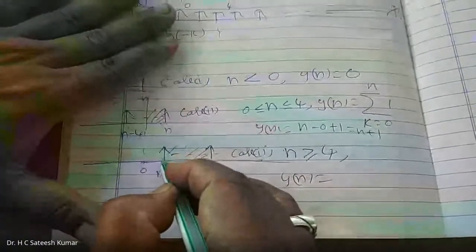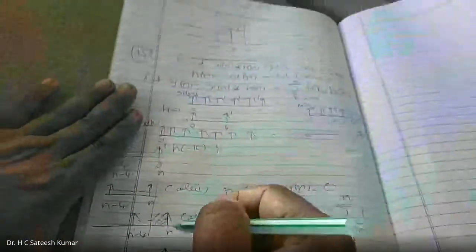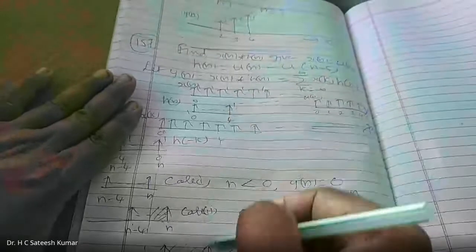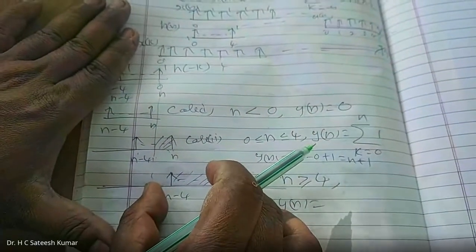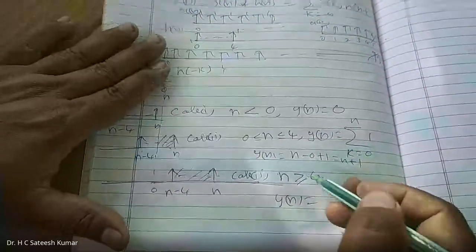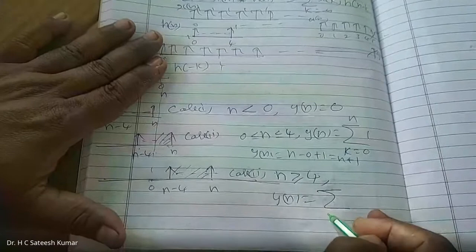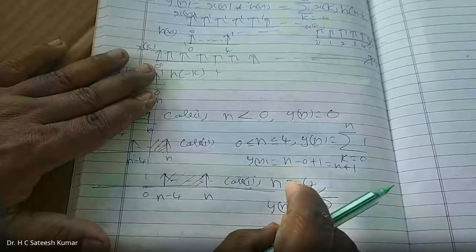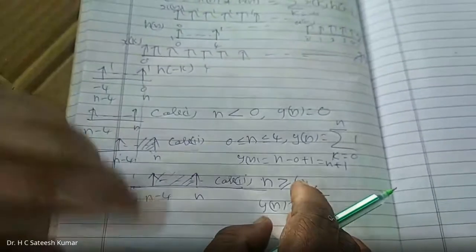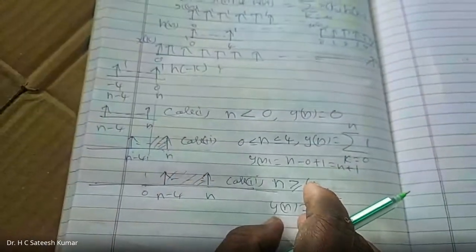5 elements. 1 multiply and add it corresponding: 1 into 1 plus 1 into 1 plus 1 into 1 plus 1. How many elements? We have 5 elements. All the 5 elements get overlapped. Same 5 elements are there up to infinity. Therefore, summation k varies from. What is the expected answer? 1 into 1 plus 1 into 1 plus 1 into 1 plus 1 into 1 plus 1. So 5, answer is 5.